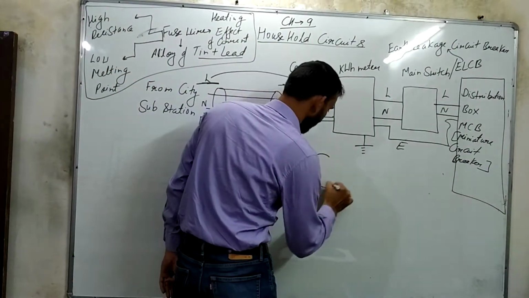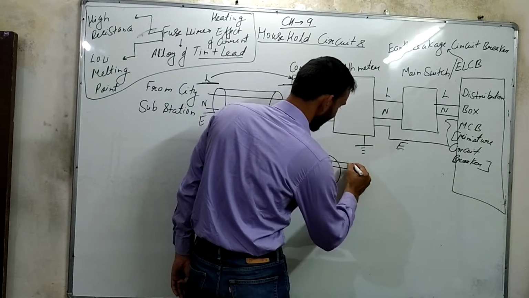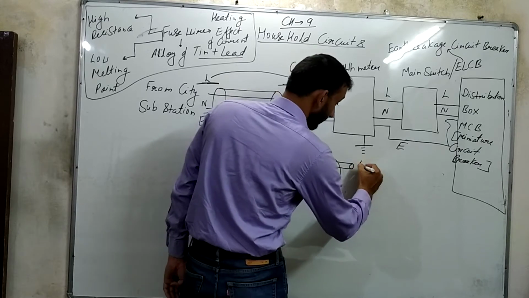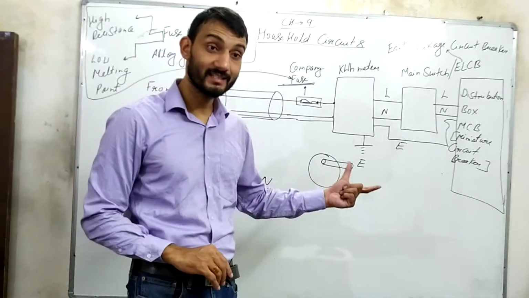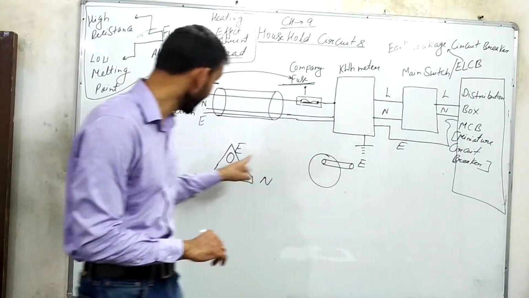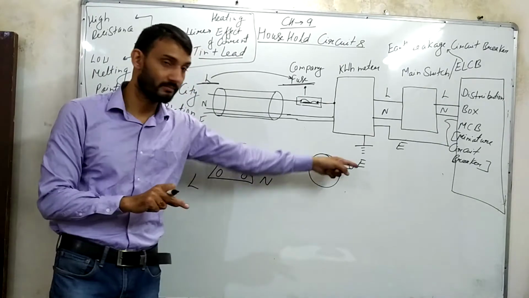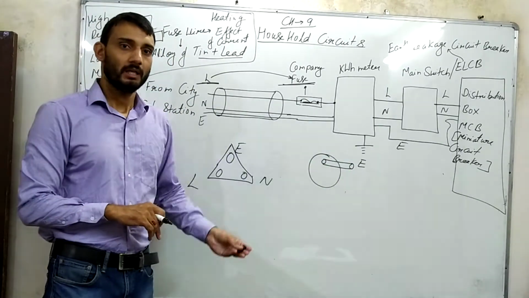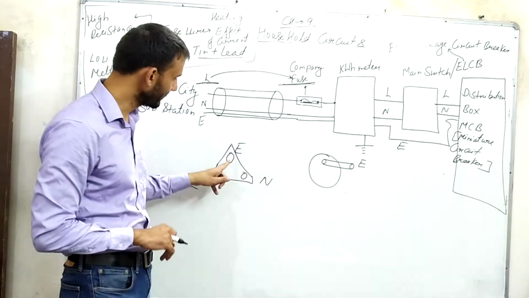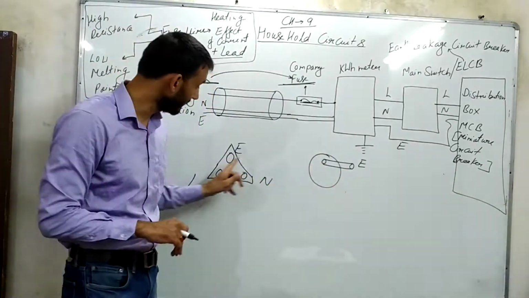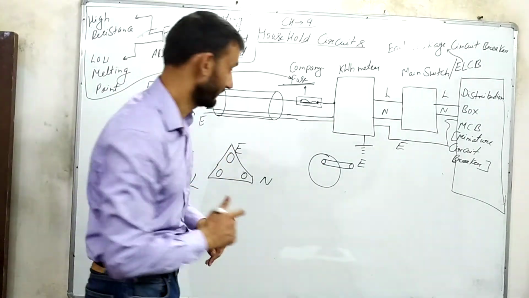Now in case of a 3-pin plug, this longest pin is there. Why is this pin the longest? Because it is earth. So why is it kept longest and the thickest? So that it fits into the socket first. When it fits in first, because of its length, safety is taken care of. This ensures that we are safe, and that is why it goes in first, into the circuit.